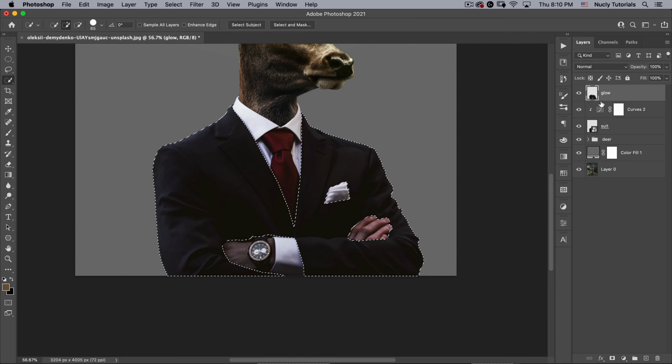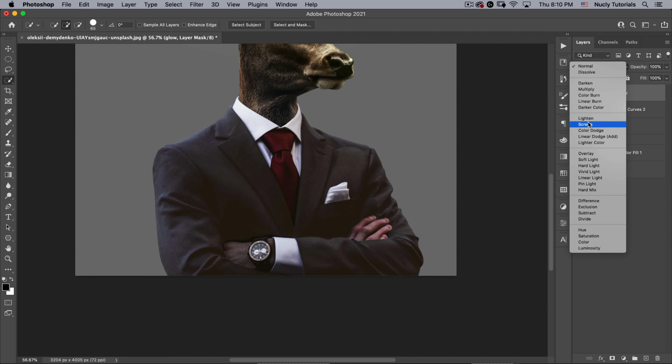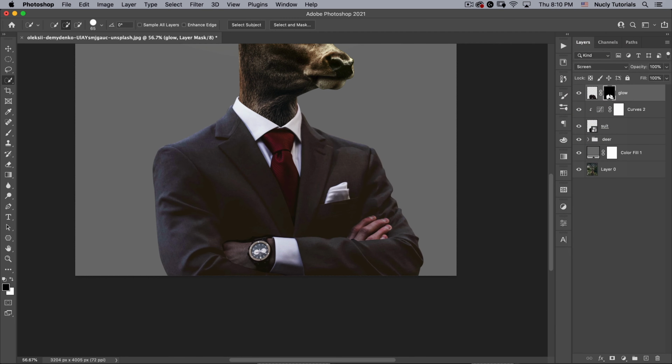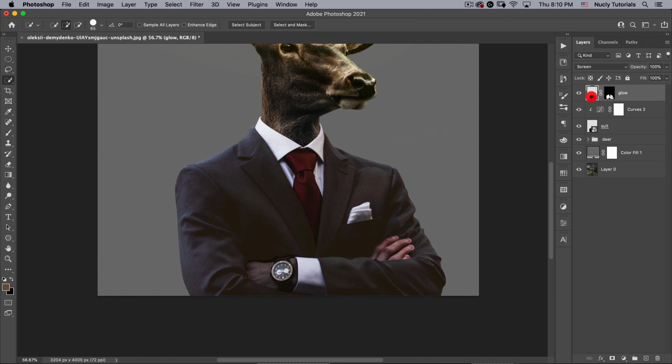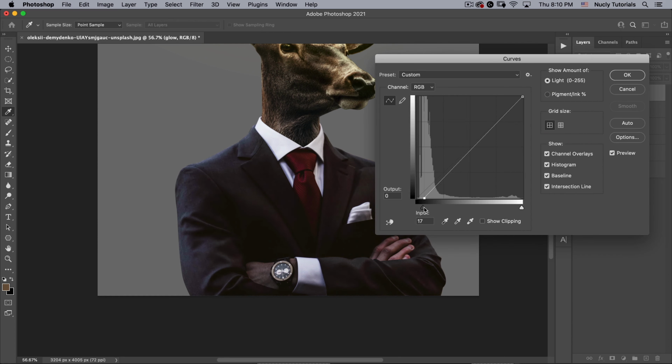Okay, that's good enough for my purposes. I'm going to go ahead and add a mask to this and then put this on screen. And really, I just want this to affect these kind of edge highlights. So what I'm going to do is do a curve on this and basically get rid of all the dark information, so it just has that light information there. I can even push that light information up like this.